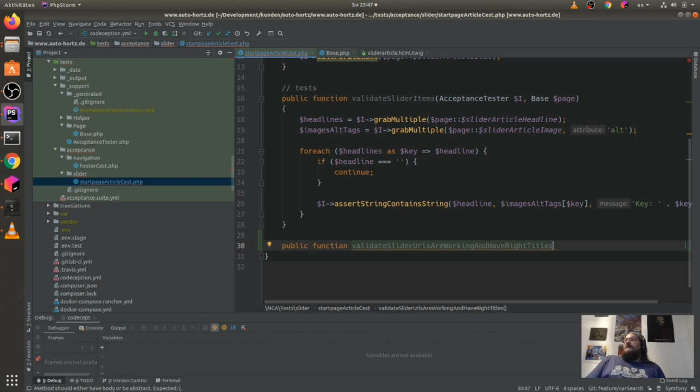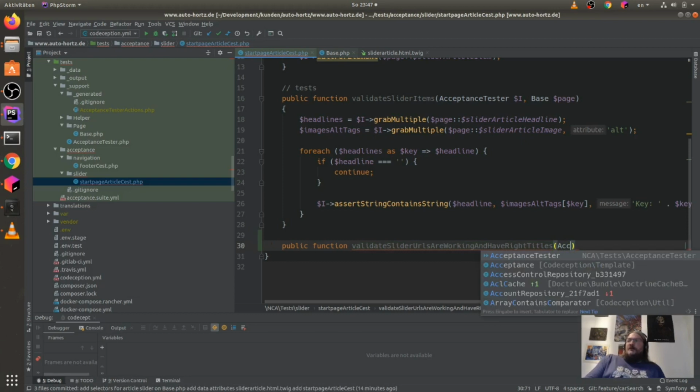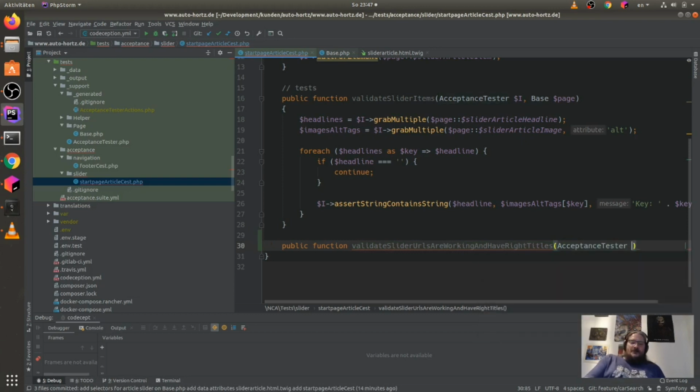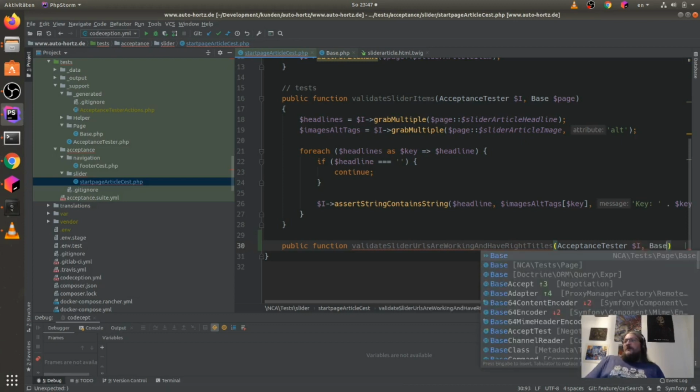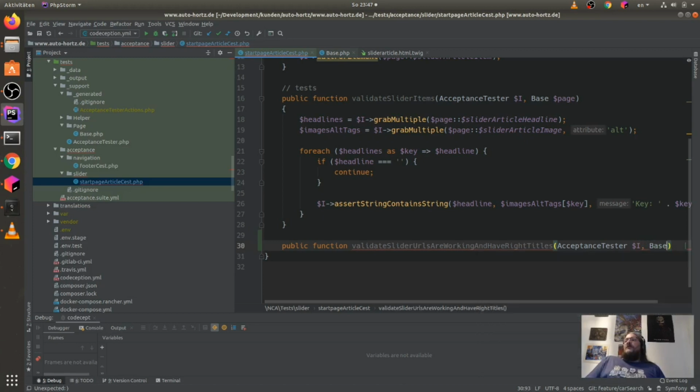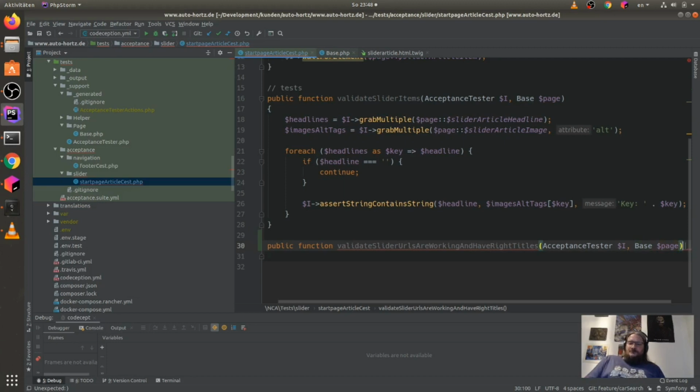And yes, we also have here our acceptance tester. What we need is $I, and I also need our base page object for our $page thing.